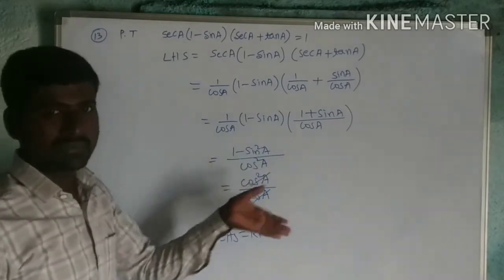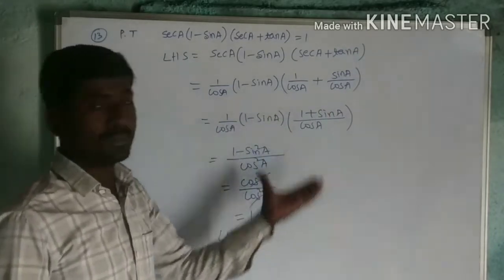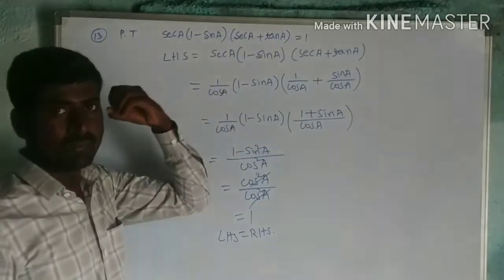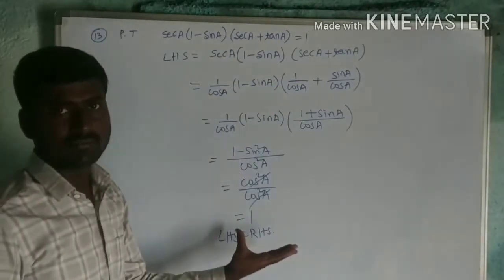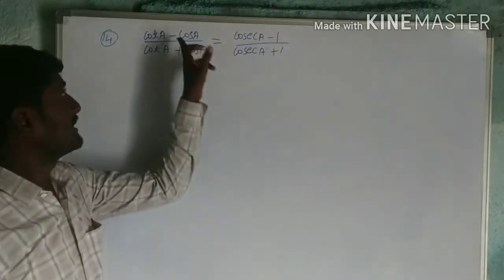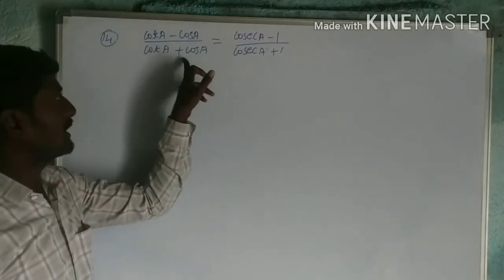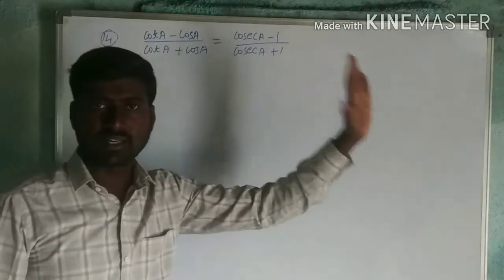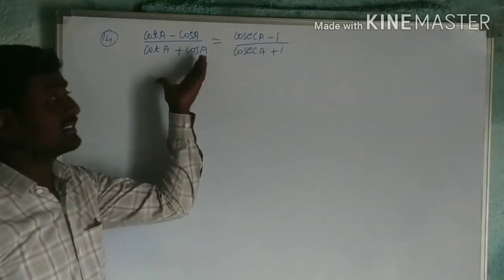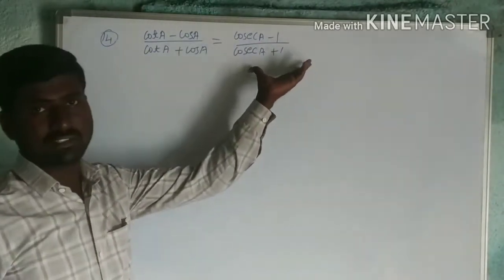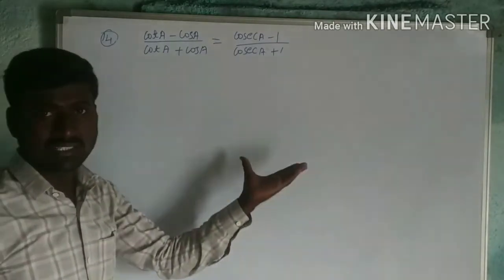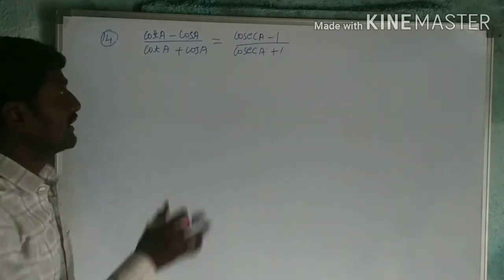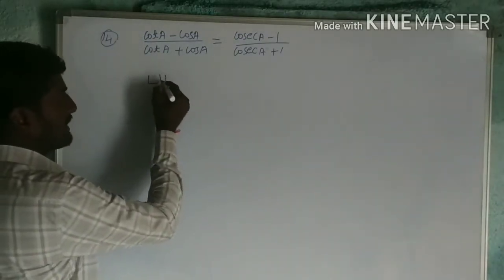So by solving a number of times and a number of problems, you will get more idea. Okay. So how to solve the problems? By seeing the problem only, we will have some idea how we can solve this. Example 14. That is (cot A minus cos A) divided by (cot A plus cos A) is equal to (cosec A minus 1) divided by (cosec A plus 1). I have to prove either by taking LHS, prove it RHS, or by taking RHS you can prove it by LHS. But whichever is easy, you go through that first, think about that, then you can forward it. Now I will take first as LHS.